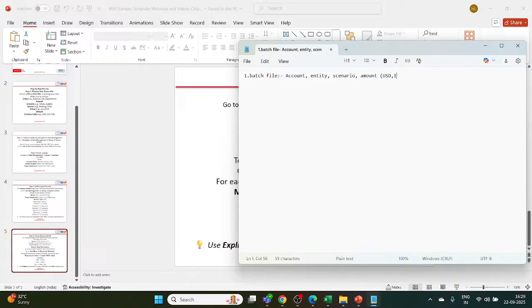It could be INR and Canadian dollars also. So in that way we have to prepare our batch file firstly,